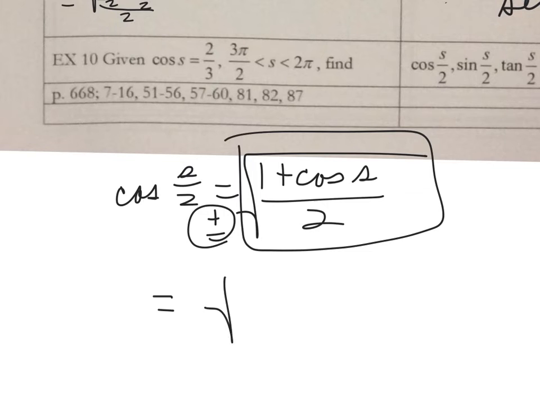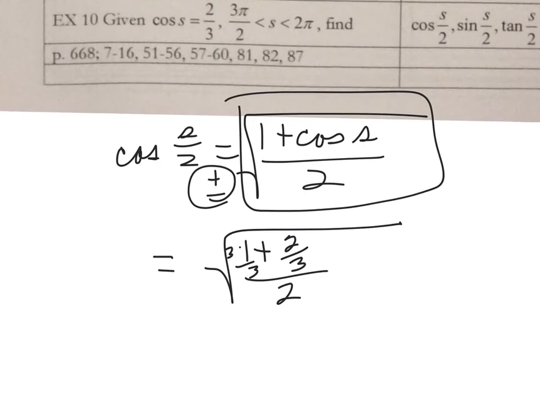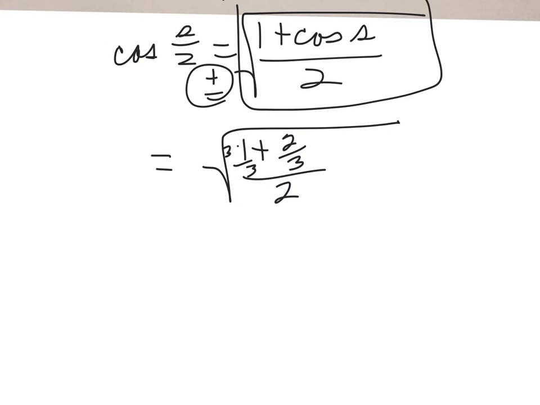So we'd have the square root of 1 plus, we know cosine s is 2/3, all over 2. If we get common denominators in the numerator, we would need factors of 3. So what's that going to give me? That's going to give me 3 plus 2 is 5/3 over 2, square root of that,